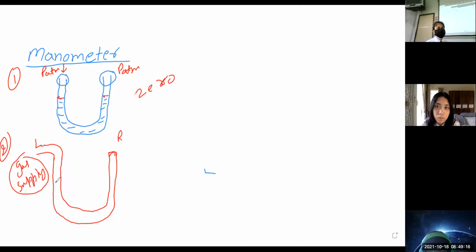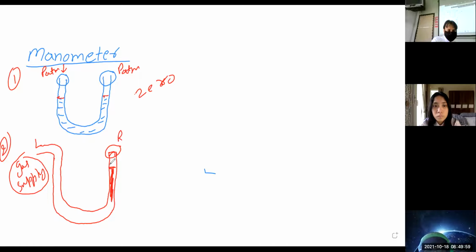Ayush, are you listening? Yes, due to the pressure exerted by the gas supply, which is higher, on the right-hand side there is no atmospheric pressure acting. Why, on the right-hand side of the tube? Yes, very good, because the tube is closed. As the tube is closed, atmospheric pressure is not acting on the mercury which is inside the tube. So if I have to show the mercury, I will do this. This is mercury.